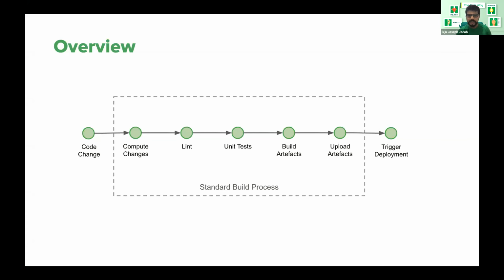A traditional build process would typically look something like this, where we take a bunch of code and run it through a whole set of processes, the linter checks, and put it through a bunch of unit tests. Eventually the goal of the build process is to generate what we call the build artifact, which is effectively an executable binary, a binary that can be run as a service. That binary is then deployed out to multiple environments. So we could have the staging environment like we do at Grab before we push it out to production.